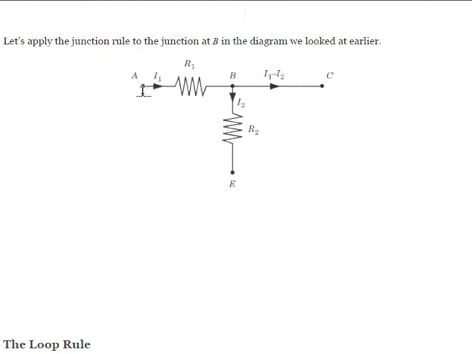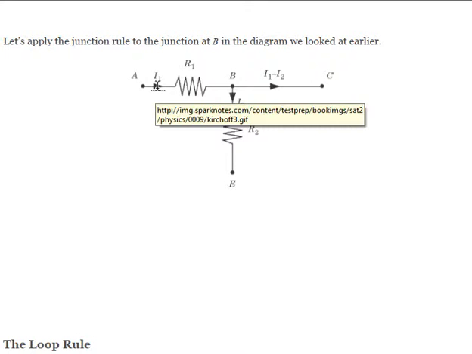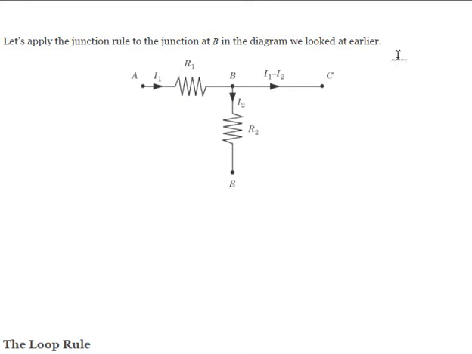Alright, so if you look at what we have set up here, this is where our first battery would have been, where we started at. And we came up here, and we're just going to arbitrarily assign that current I1. So we have current I1 flowing in through resistor 1, and then it hits the junction at B. So at B, we know we have to split apart current. The one that we said goes off to the right,